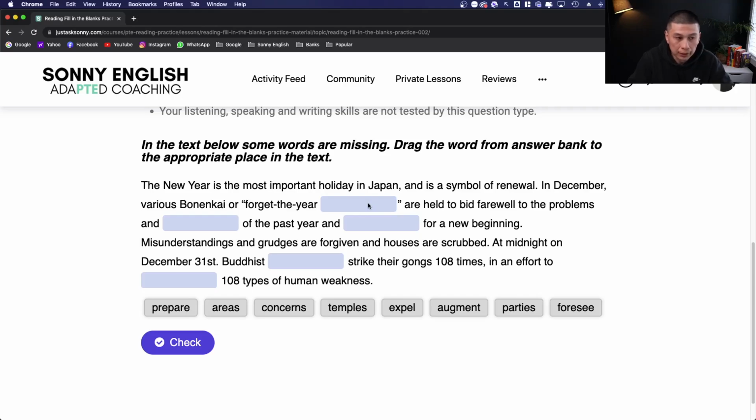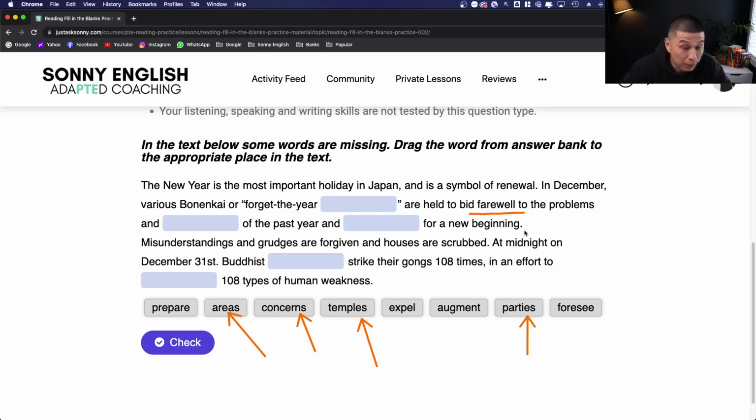The noun needs to be plural. And then this right here, same thing. Do we have an article? No. So that also tells you we need to have a plural noun. So if you take a look at all the options, we have areas, concerns, temples, and parties for nouns. That's a lot. But remember, this is a reading task, so that means you might actually have to read something. And if you read a little bit more into this sentence, you have a clue.